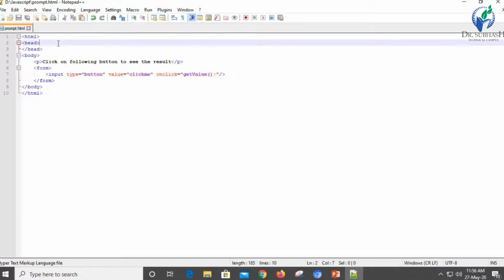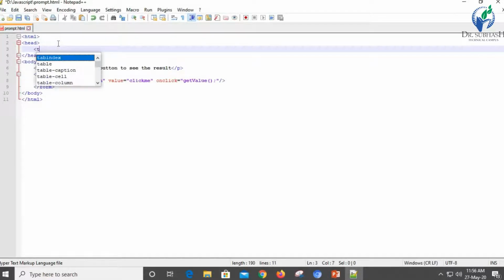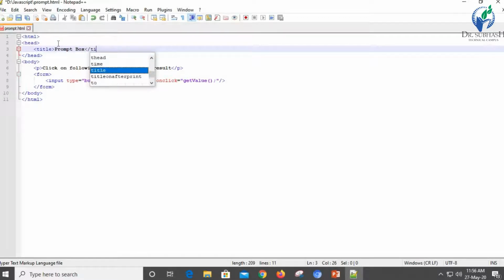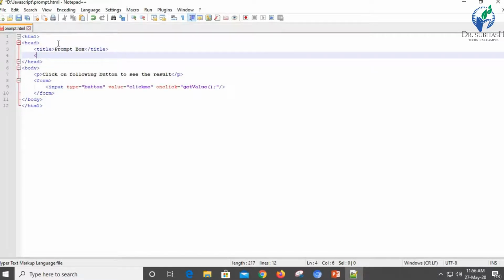Now inside the head section we are going to write a title tag, prompt box. We are going to close the title tag. We are going to add a script tag, type is equal to text/JavaScript.